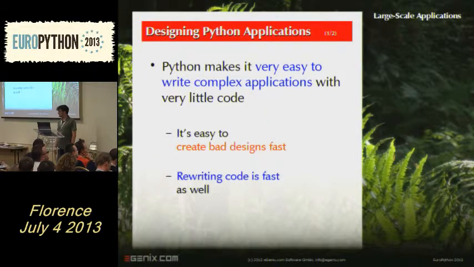Now, Python makes it very easy to implement those complex applications. Unfortunately, it also makes it easy to create bad designs very, very quickly. On the positive side again, you can refactor Python code very easily. And that's something that's very important in application design, because in our experience, you normally don't get it right the first time.